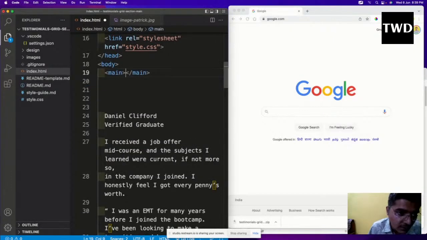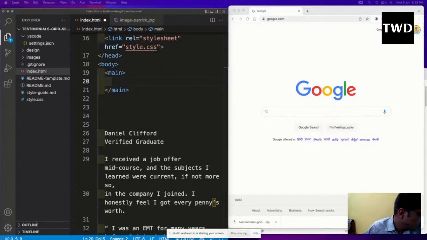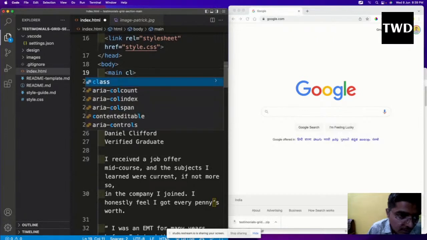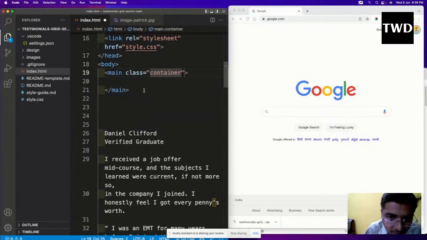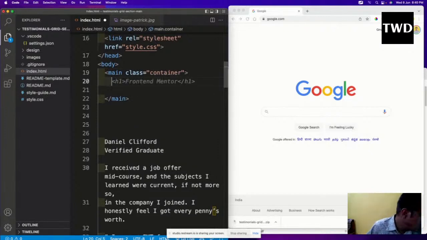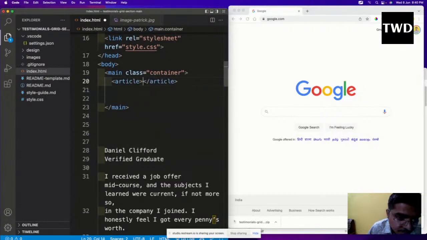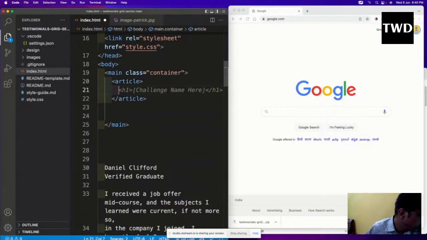a main, and inside this main we will have a class of container, and inside this container we'll have again an article, and let me define the class of the article. We'll have the class as left,